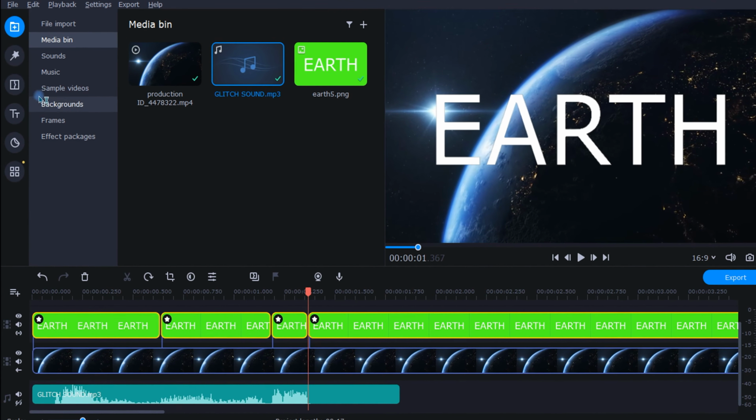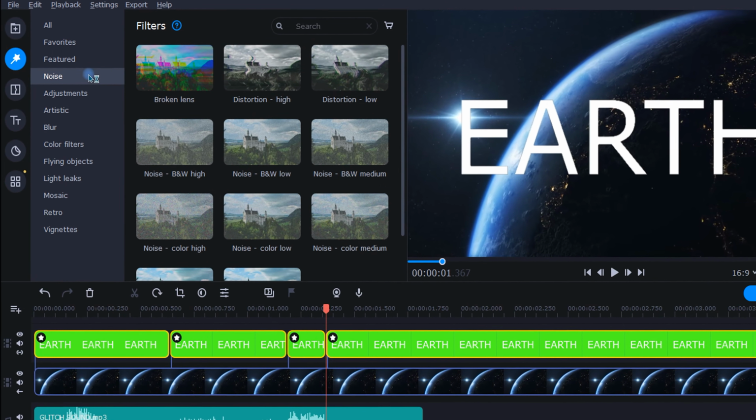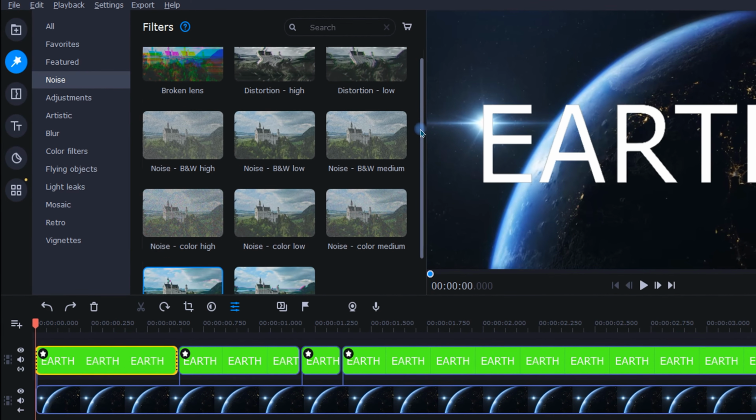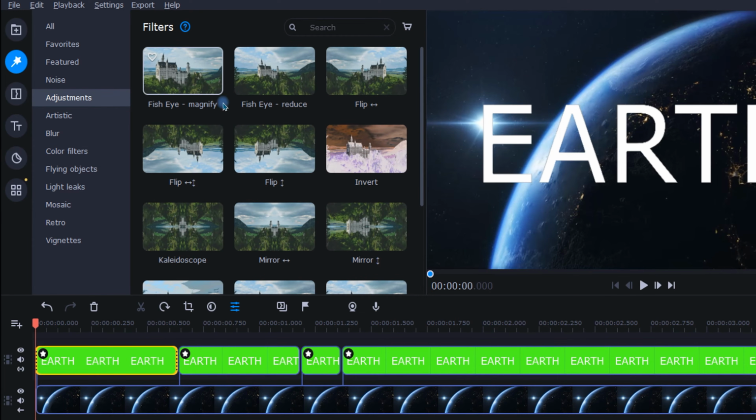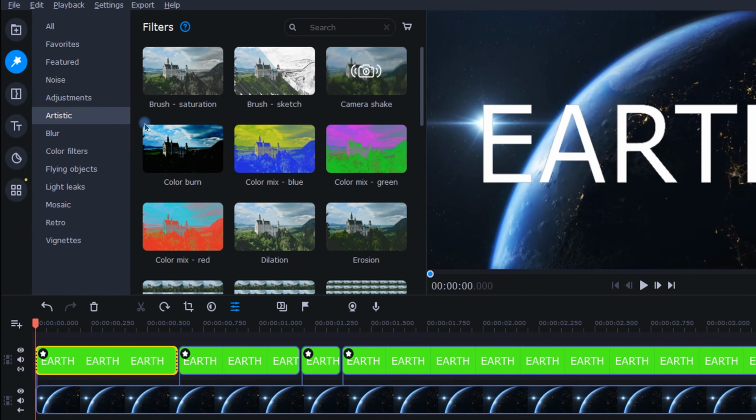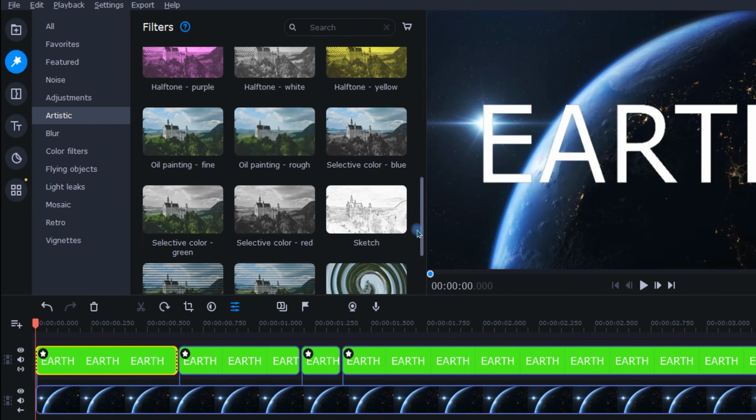So let's head up to the Filters icon, and under the Noise tab, let's grab Static High and drop that right onto our first section. Now for the second section, let's click on the Adjustments tab and use this Horizontal Flip Filter. By the way, we can combine multiple filters to the same clip, so let's try adding another one to the same section. So let's go to the Artistic tab and scroll down until we find Twirl, and then drop that